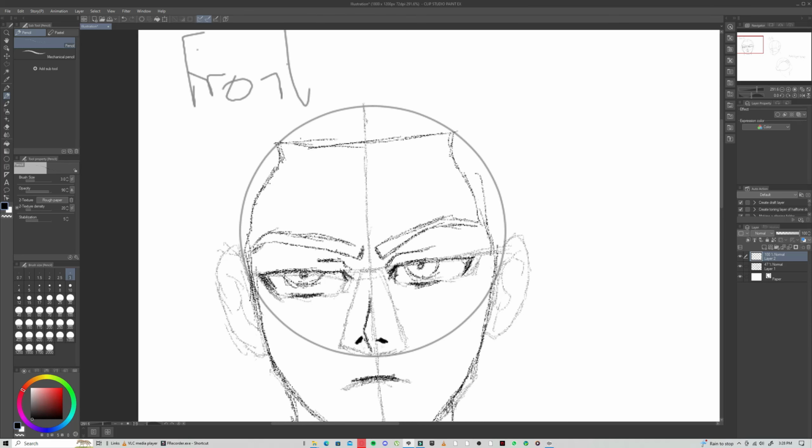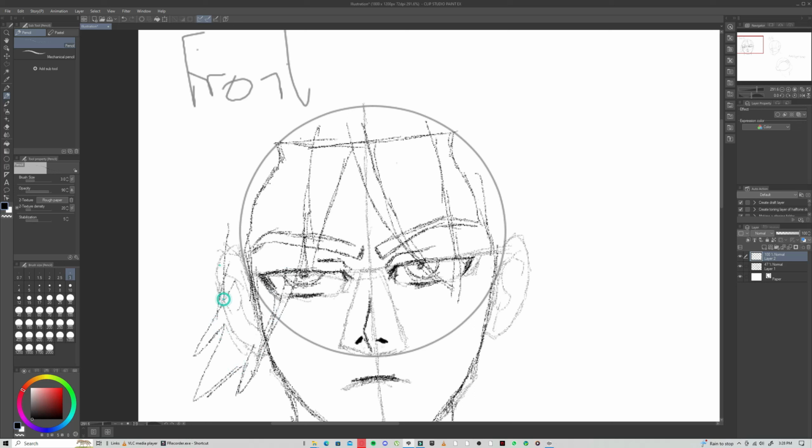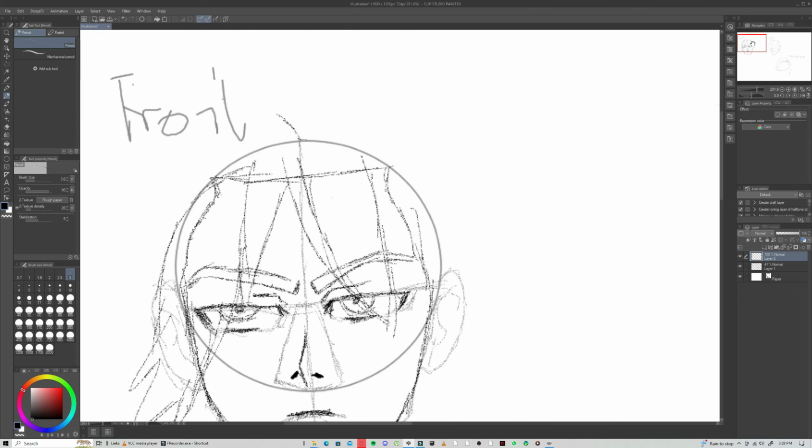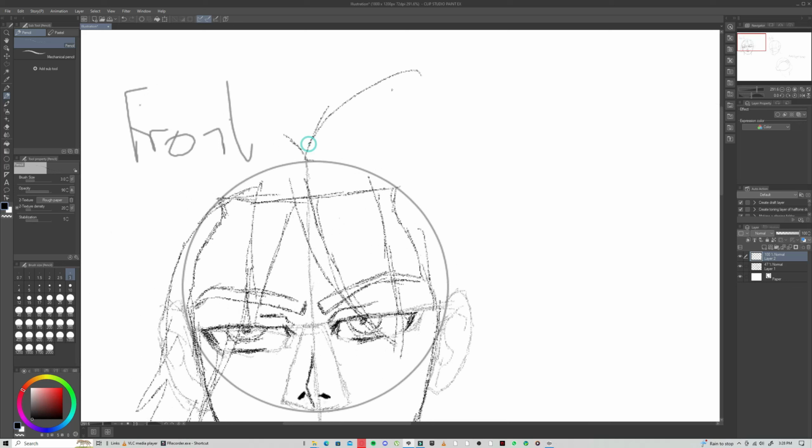Put the hairline, then we could easily see how the hair falls with the character. Let's go up with the